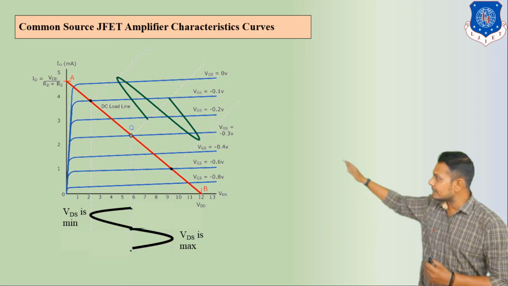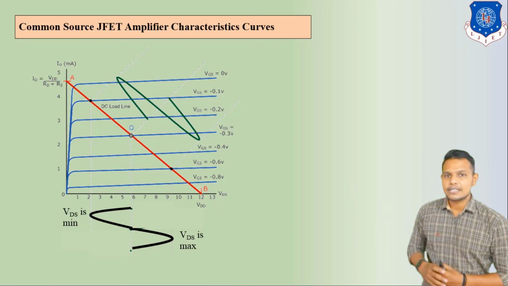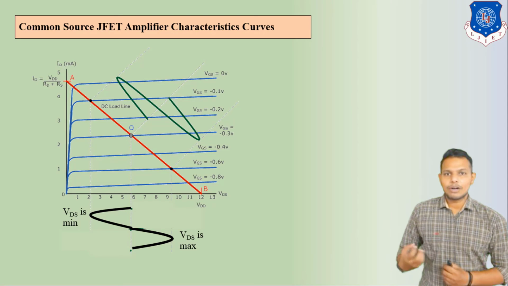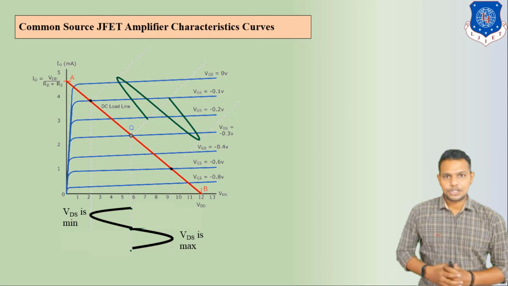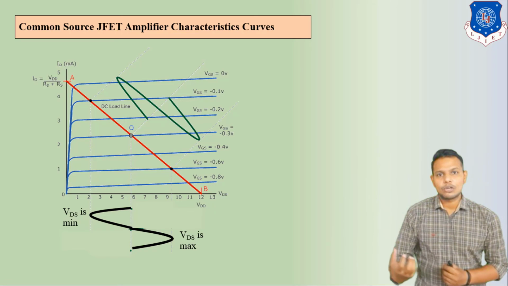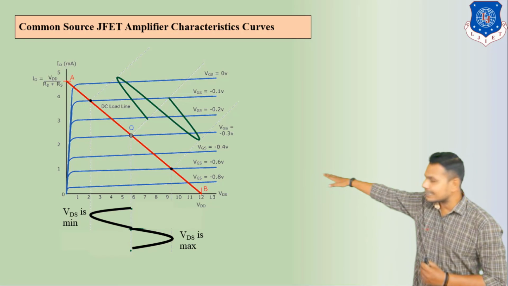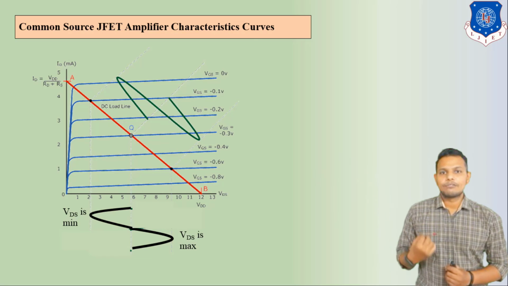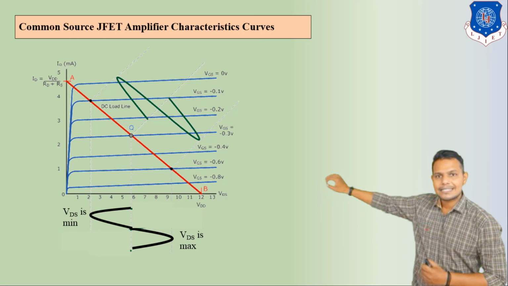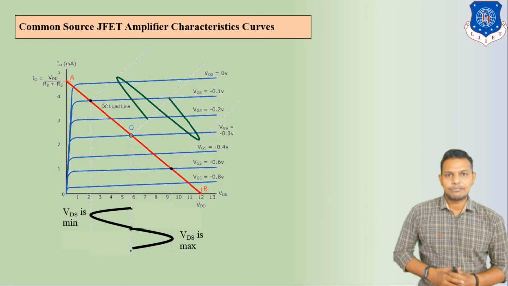Now here we can see in this load line there is one point, the Q point. If your Q point is below, that means your CS circuit works as a switch. If your Q point is above, then it also works as a switch. If your Q point is at the center, like we can see here, then it works as an amplifier. So here we draw it in the center. That means we have to work like an amplifier.